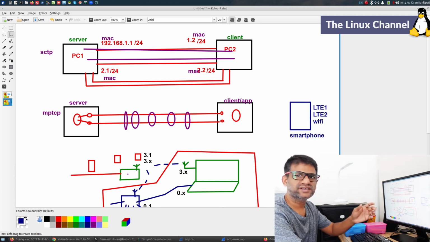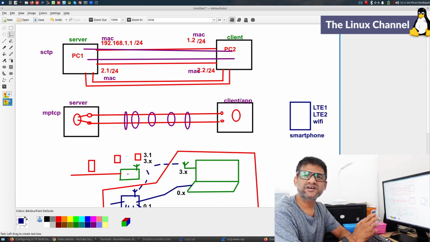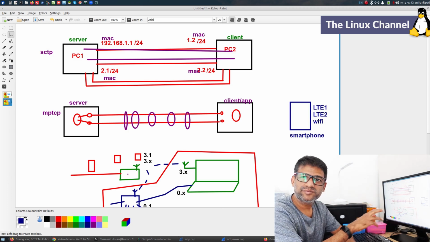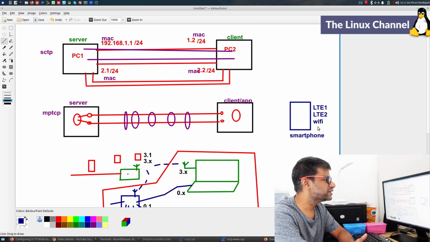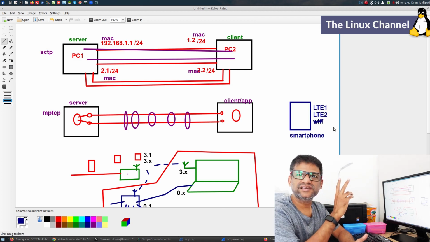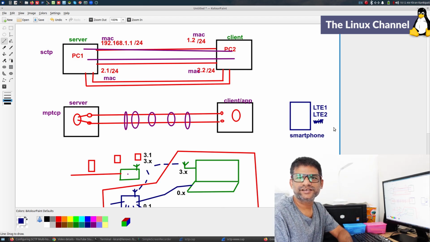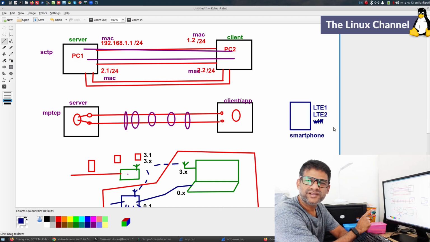Now you think, whenever you browse the internet, whenever you watch any video, stream any content, it should effectively spread the load across all these links. And let's assume you don't have Wi-Fi, then the smartphone should be able to use both LTE links and get combined internet speeds. And this is exactly what we need, multi-homing.